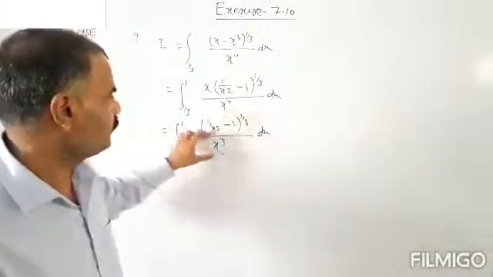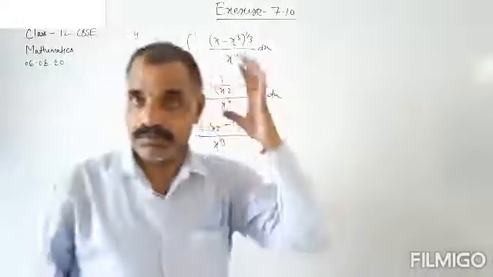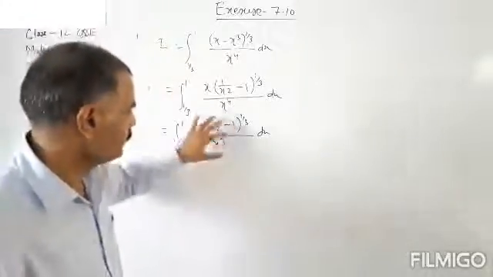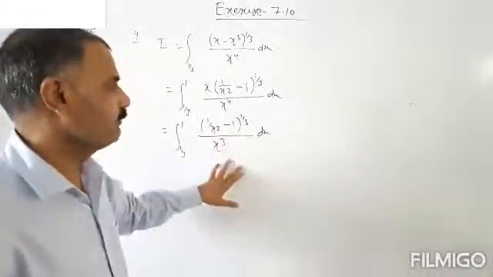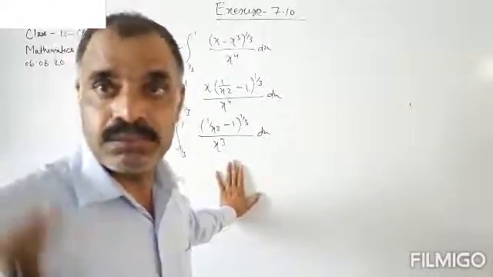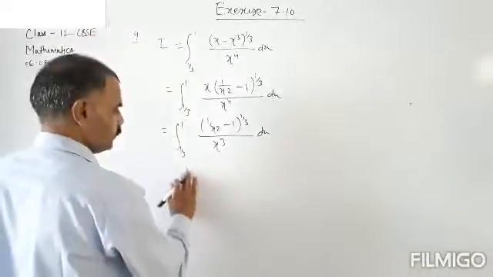1 upon x to the power 3 minus 1 is equal to t to the power 3, and its differentiation is already given. Okay, that means we can use the substitution method. We will use the general substitution method. So we substitute